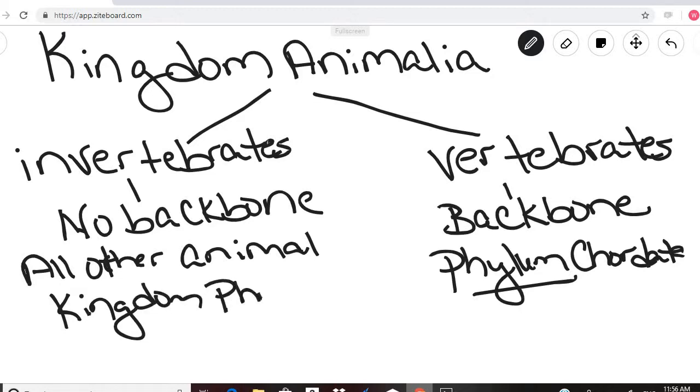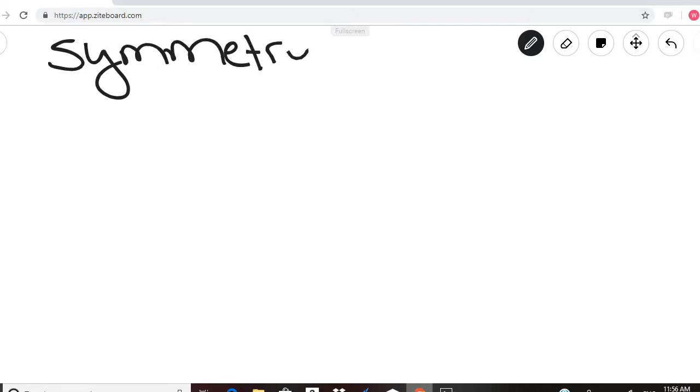And as I said, there actually are a few invertebrates that are members of phylum Chordata, but the vertebrates are all members of phylum Chordata. Okay, so invertebrates and vertebrates, no backbone, backbone. That's how we divide the animal kingdom. Another thing that we talk about when we talk about the animal kingdom is something called